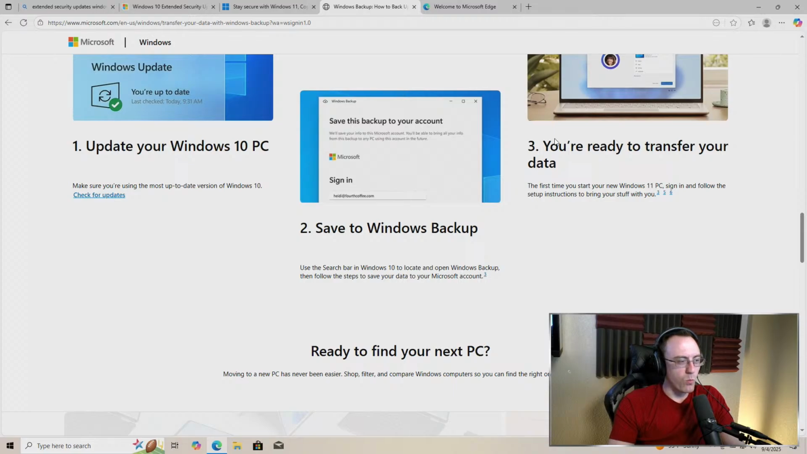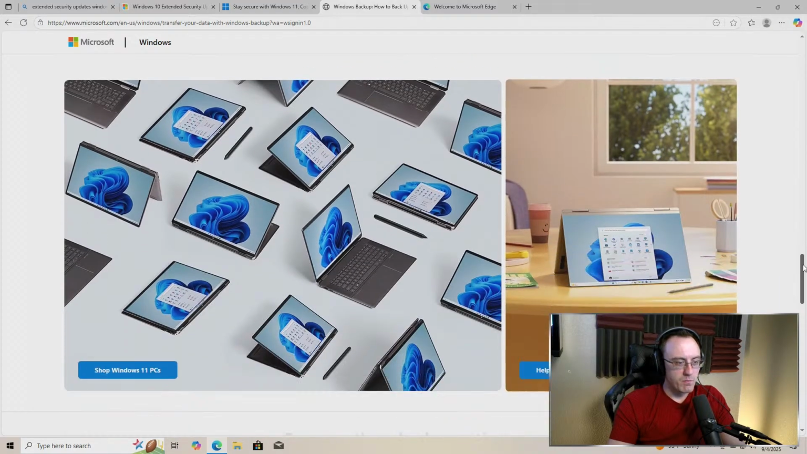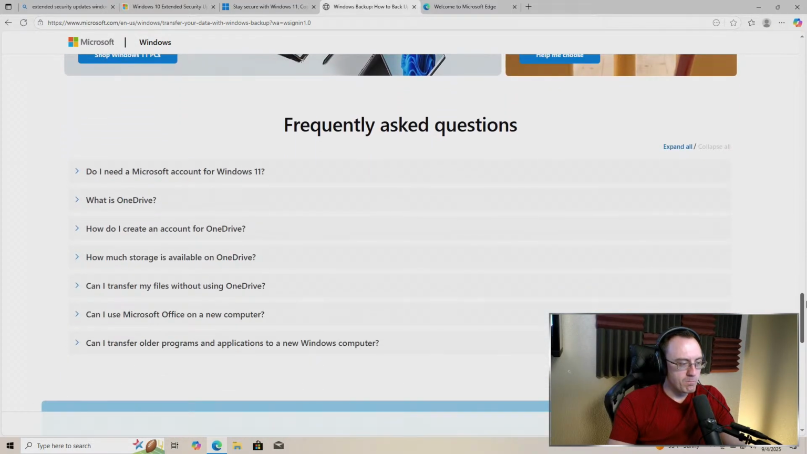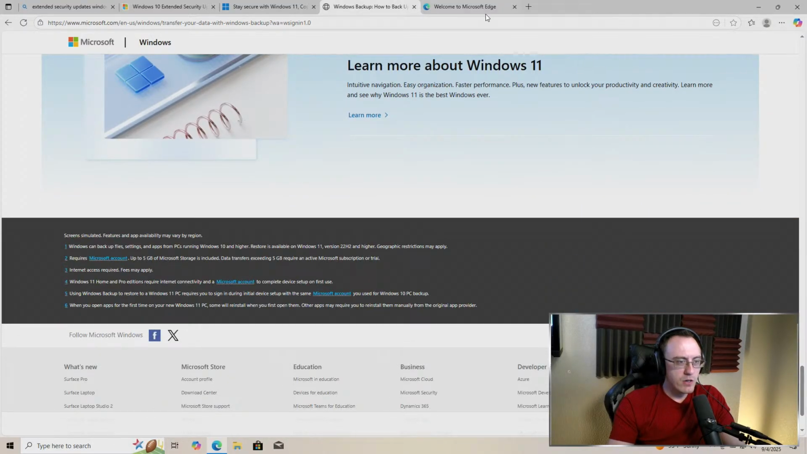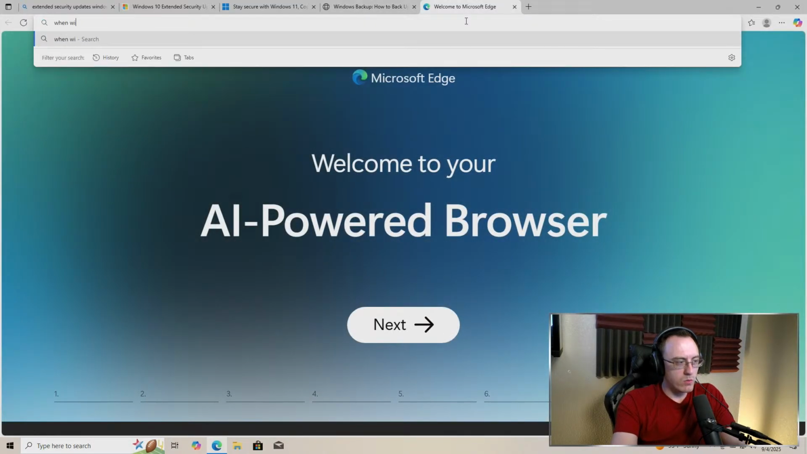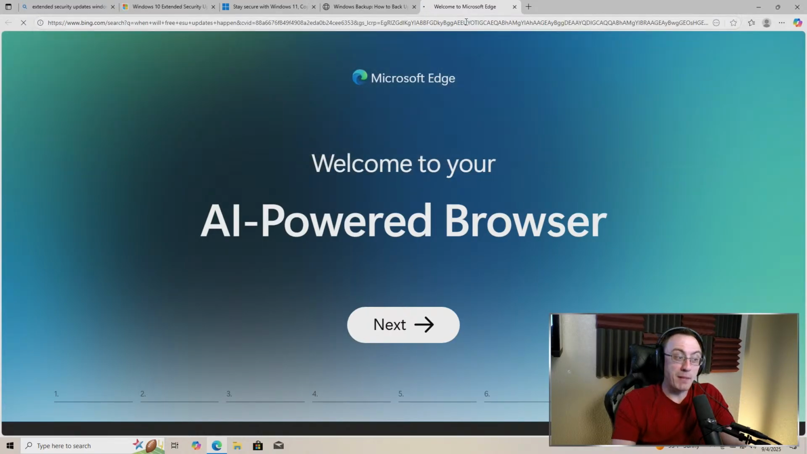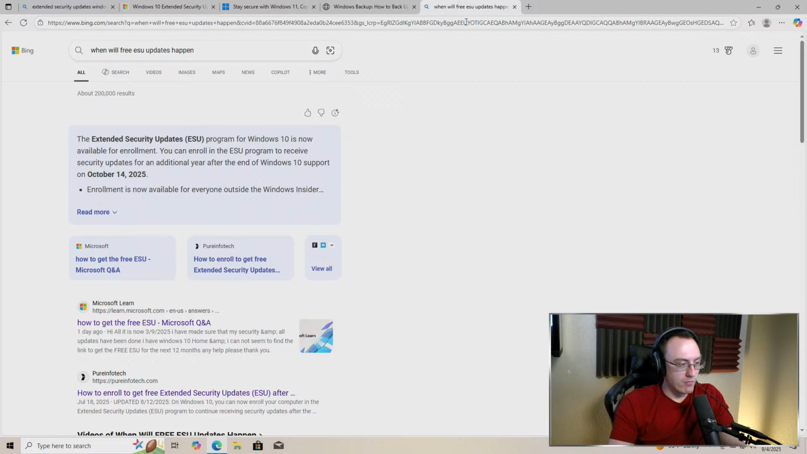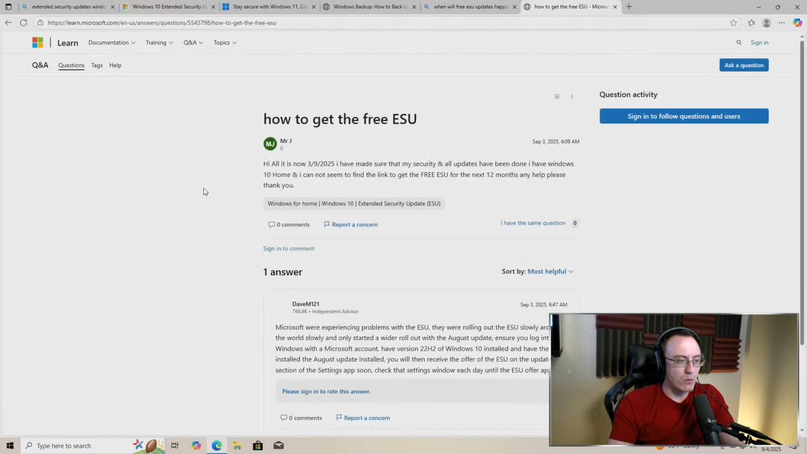Okay. And then, so it's one, update your Windows 10 PC, two, save to Windows Backup, three, transfer to Windows 11. The purpose is to keep Windows 10. So is there anything about when the free ESU updates will happen? Wait, so okay, so enrollment is now available for everyone outside of the